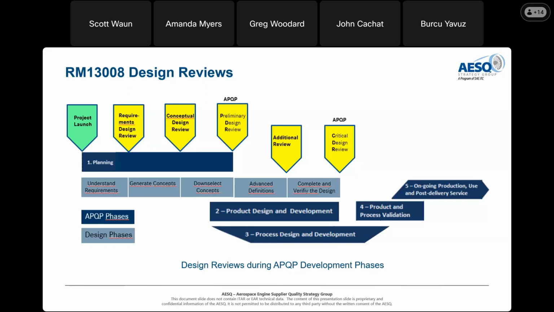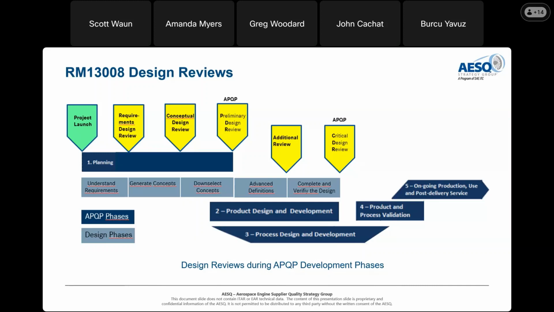And the challenge here is to speak the same language, to find the right names and dates for conducting these reviews. When we start on the left, after the project launch, regarding the 5 APQP phases,